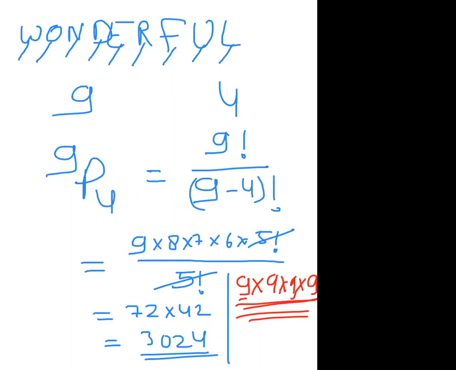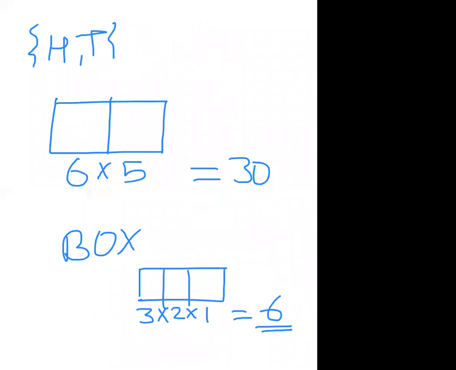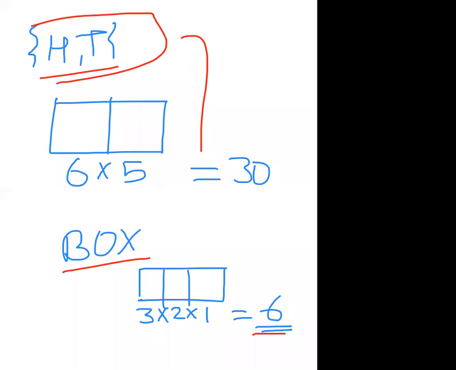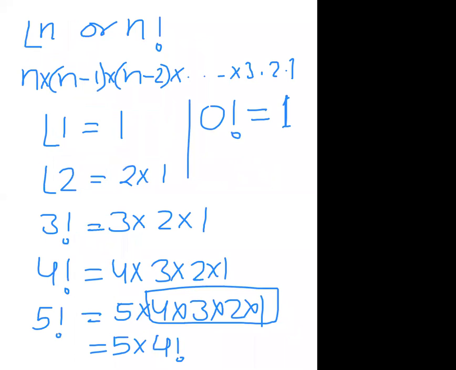So once again, I'm telling you the first thing I showed you: in how many ways I could write BOX. That was 6 ways. How many possibilities are there for tossing a coin? That was only 2 possibilities. Then we went to the next type of thing: what is the meaning of factorial? I taught you all these things in the previous class also. The major thing here is 0 factorial is 1 and 1 factorial is also 1. The rest of the factorial conditions you know very well.